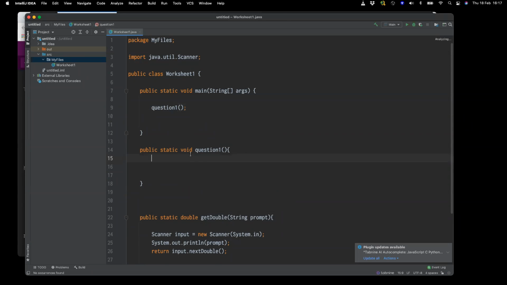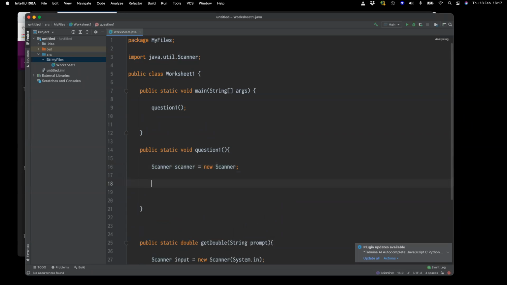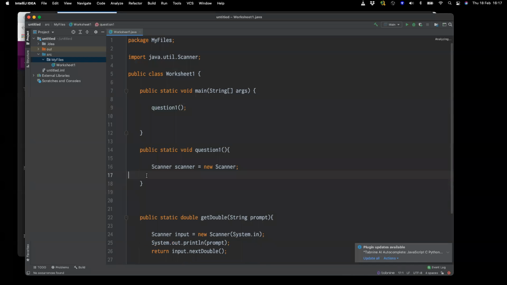In question 1, whatever I need to run it, I would create my scanner object. I would do all my input procedures, my input. I would create a small subset inside here. Then when I need to use it, I place the name of it inside main. So that will execute it. So that's question 1. You can test question 1, see if it works, if it's fine. Then you can go on and do question 2.